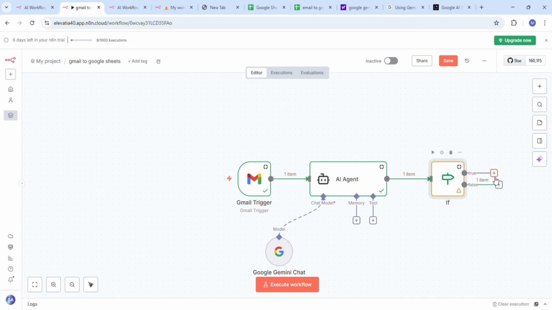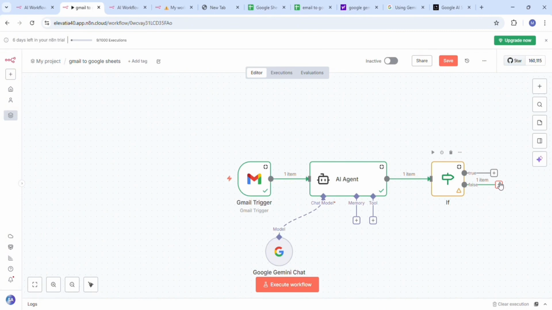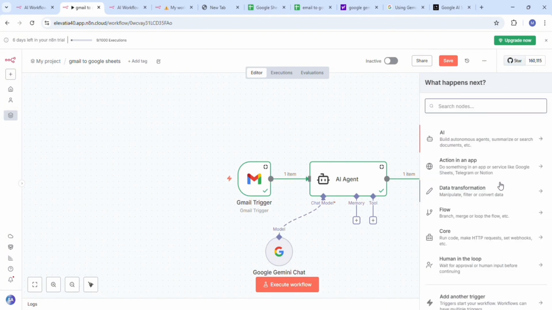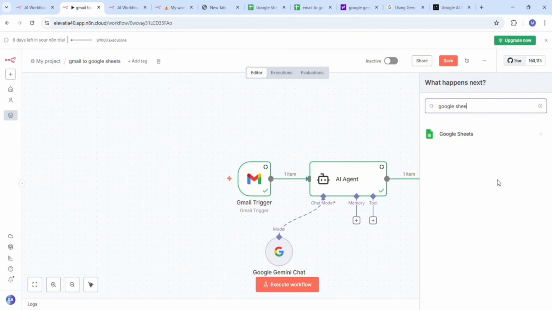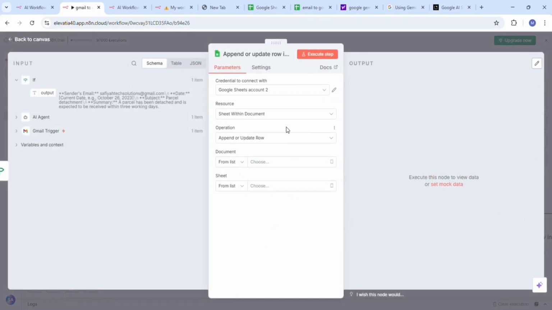Let's move on, and for the false one, it's necessary for us to link the two branches, the false one and the true one too. So for the false one, what I'm just gonna do is add a Google Sheet and just store that, append or update a new row. So every other email that's not in aligned need is just gonna be inputted or dropped into that Google Sheet. So let's just connect my account,